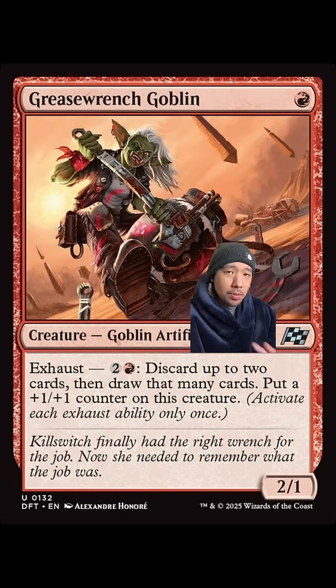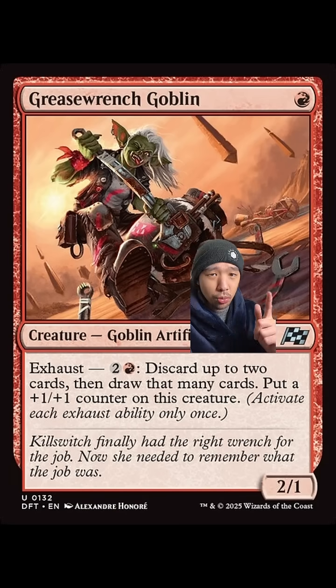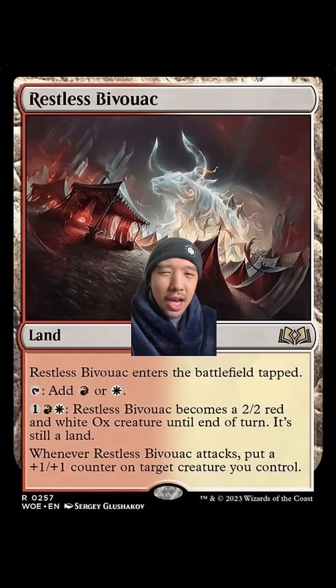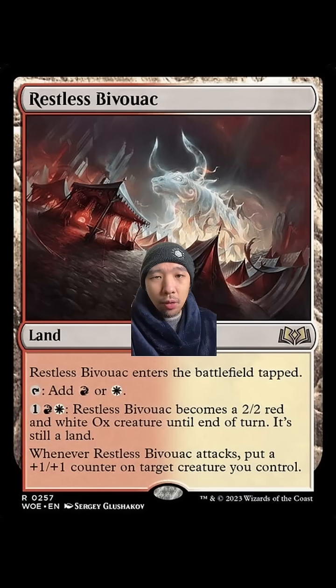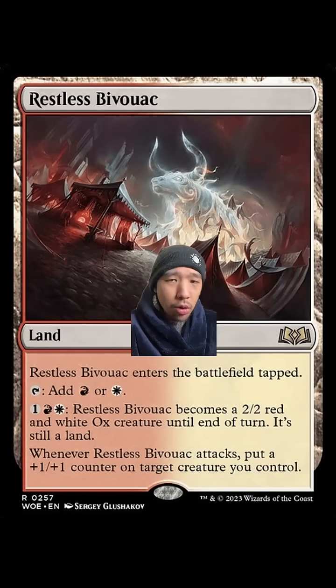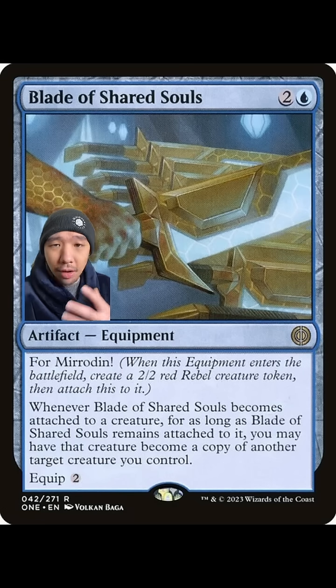Now, I feel like most people would say that since the Bivouac is gaining the ability again from the same source, we're gaining the same ability. Like the abilities kind of remain dormant on this Restless Bivouac, so it would be gaining the same ability and you wouldn't be able to exhaust it. But let me throw out a different example out there.